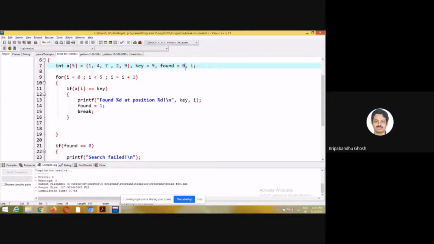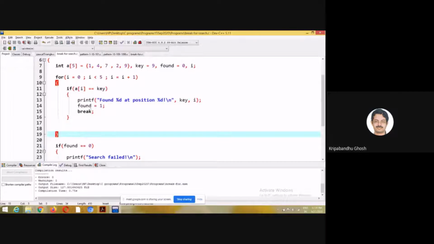Found equal to 0 means that I am yet to find the key value in the array. So found equal to 0 signifies that state, and I change the state to 1 whenever I have found it. That is the logical way of thinking, right?